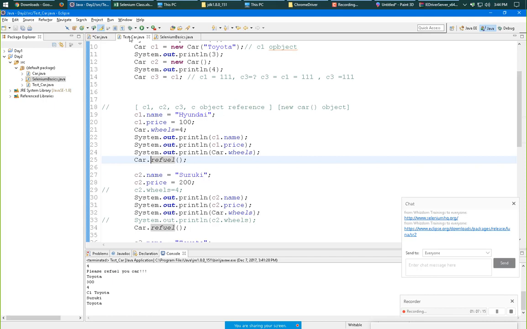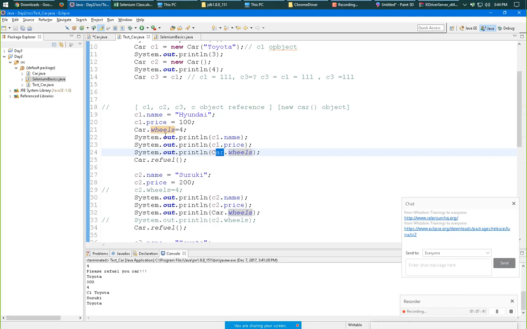So when you say car dot refuel, how do we know for which object that refuel method is being used? Anything declared as static is independent of object. Even wheels was declared as static, so it is independent of object.